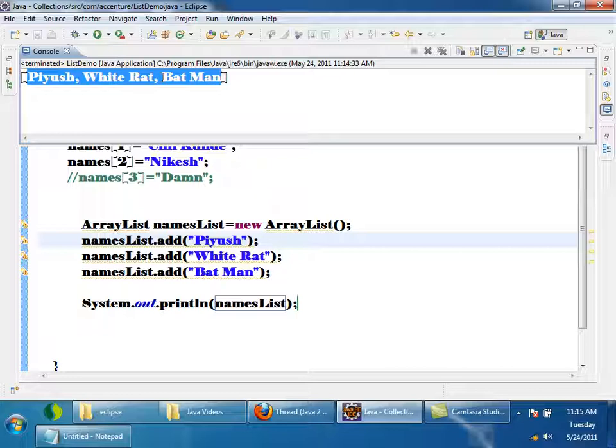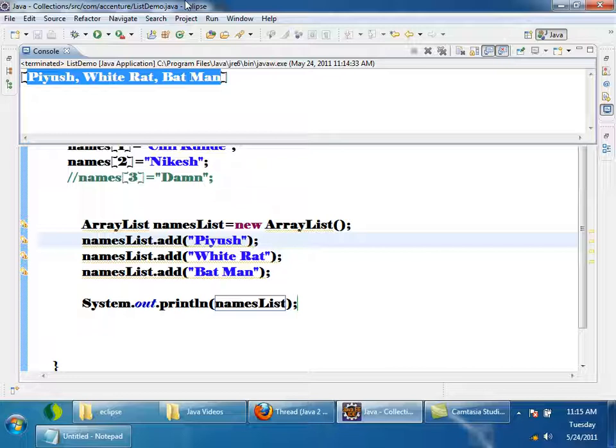I am expecting an address to be printed. Tell me. With your earlier knowledge, I told you. Very good. Whenever I pass a reference to println method, internally toString will be called. In ArrayList, toString is overridden so that it will print all the elements of the array list like this. So I printed array list.